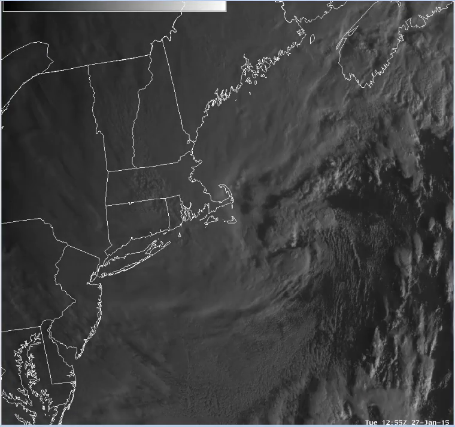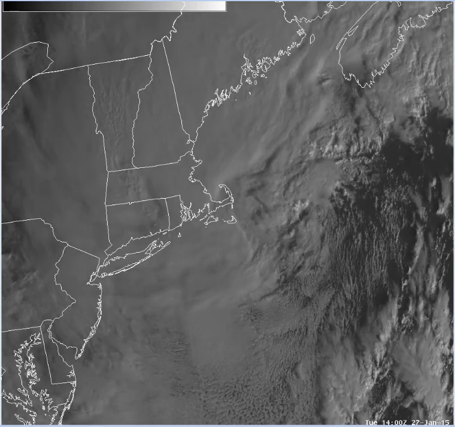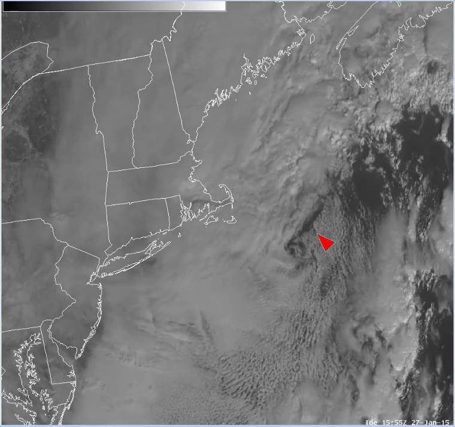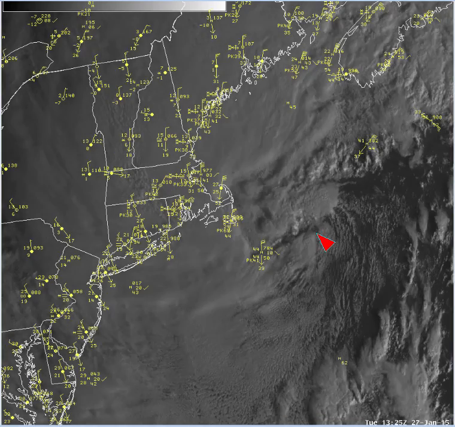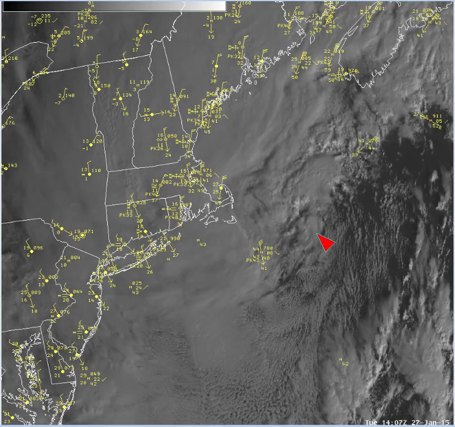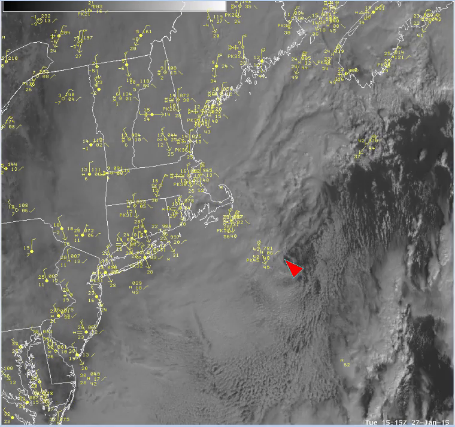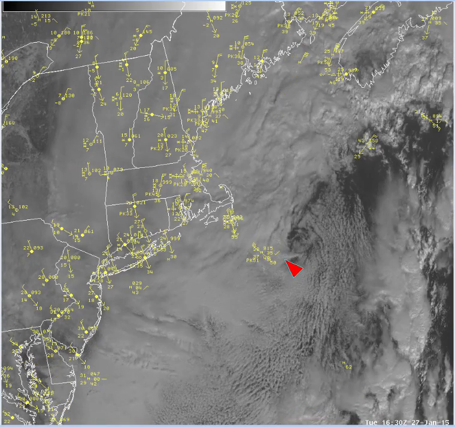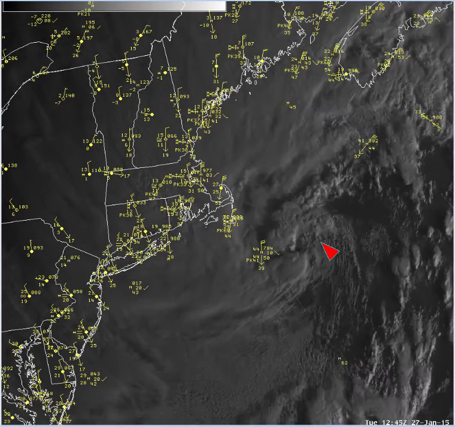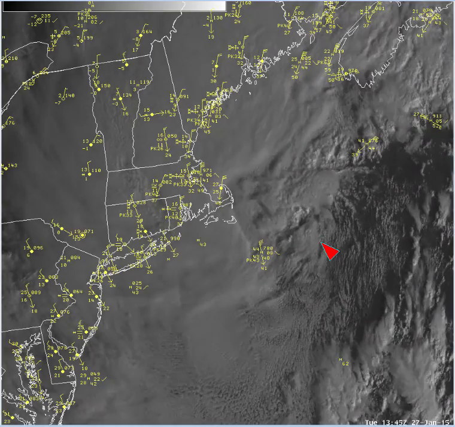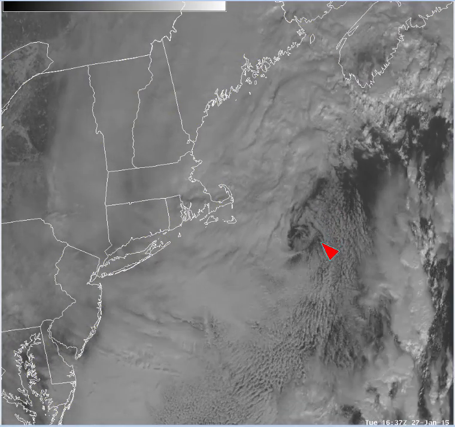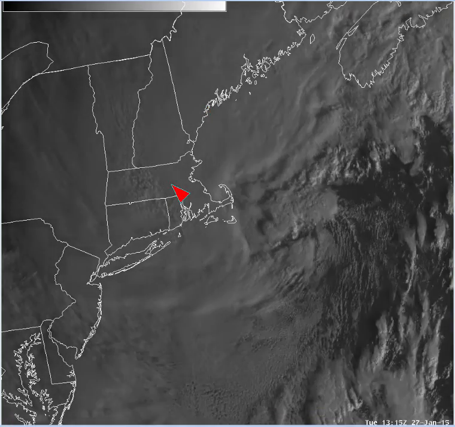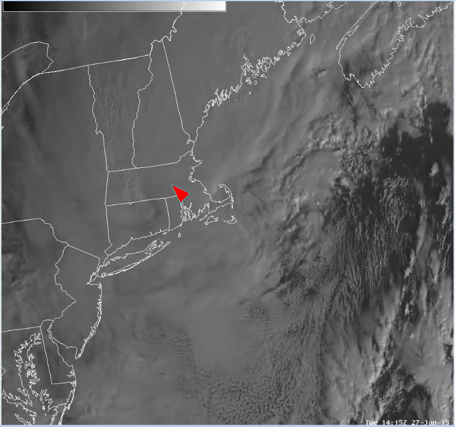Here's the RSO Visible Loop. We can see the surface low pretty clearly as this tight spiral of low-level clouds southeast of Cape Cod. If we overlay the surface observations, we can see that change in wind direction with this buoy very close to the surface low. We can see remnants of convection wrapping around inland over eastern Massachusetts,